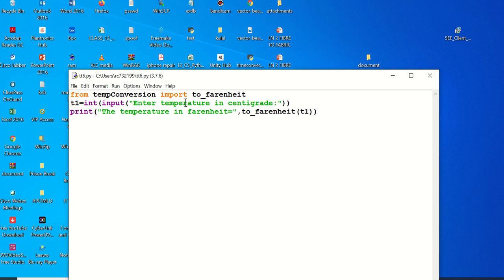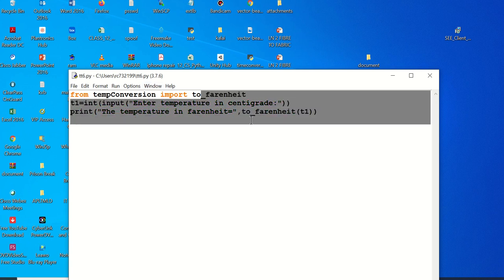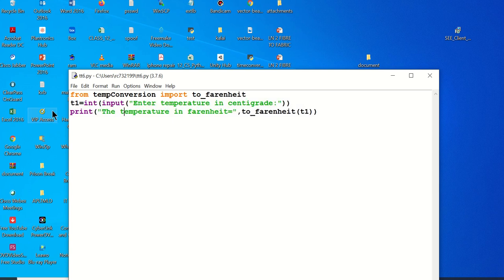What you need to remember is, when you follow this particular method, when you refer to the function, refer to it directly, don't go for dot notation. Here this is the function. Again I'm reading a temperature from the user, and then I'm using the function to Fahrenheit without dot notation. Only one function you have imported, so that is what I am using.